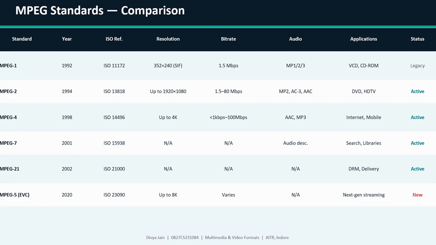MPEG-4 from 1998 supports up to 4K across a huge bitrate range, used everywhere from internet to mobile. MPEG-7 and 21 have no resolution or bitrate. They're metadata and framework standards. MPEG-5, the newest, supports up to 8K for next-generation streaming.